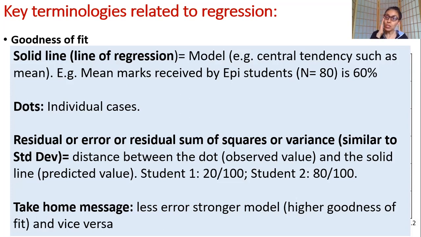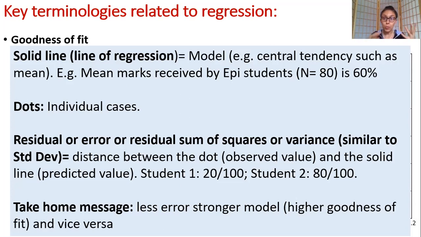Does that make sense, students? I hope this is meaningful to you. This is what I mean by goodness of fit and you having a good model. It is to see whether the maximum amount of variance in your outcome variable is explained by the predictors. If not, maybe there are other predictors which you haven't investigated, and maybe they have a stronger relationship in explaining the outcome.